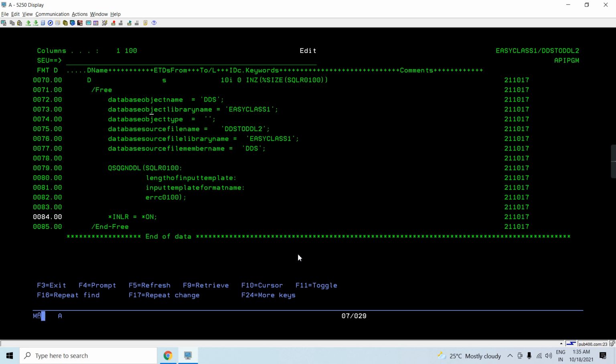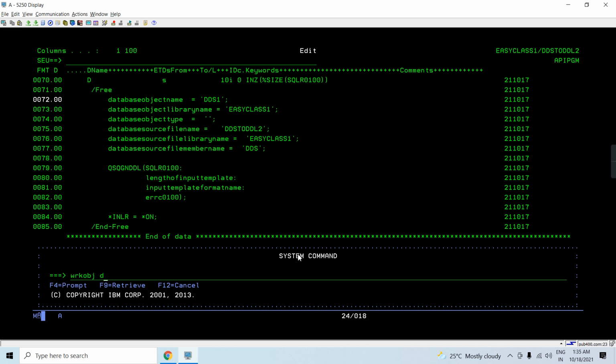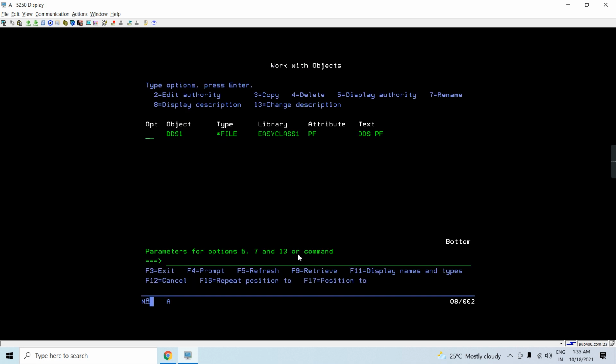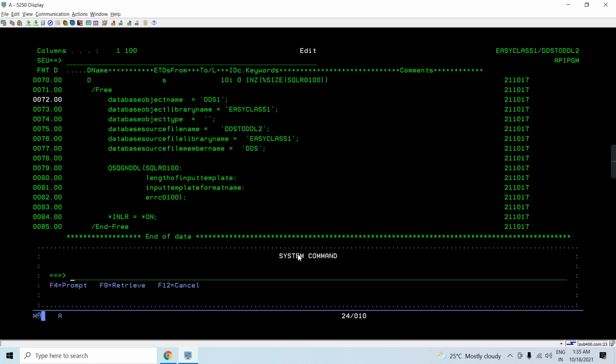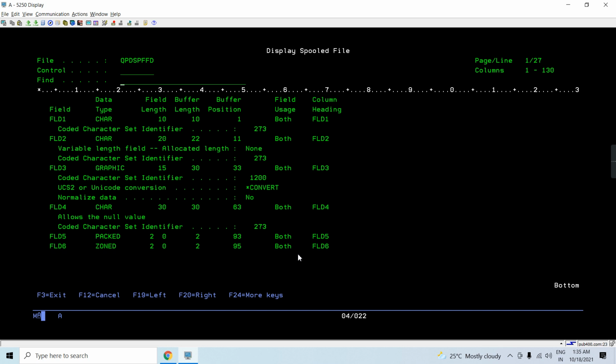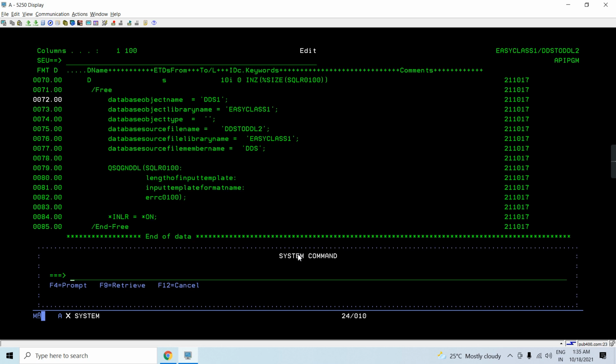So before that, what we are going to do is pass the object name. So let's say work object DDS1. We have this DDS object. Let's do DSP50 on DDS1. We have these field 1, field 2, field 3, field 4, field 5, field 6.